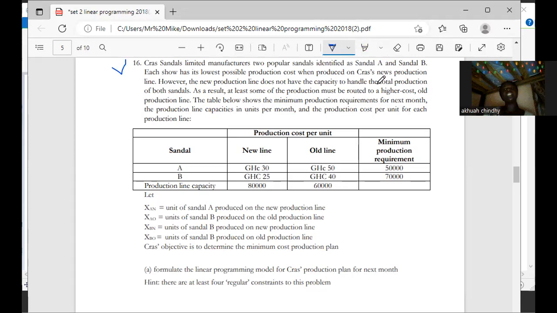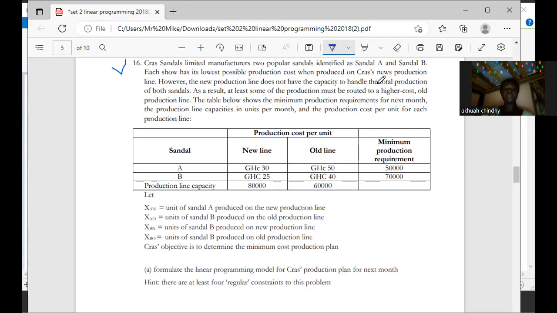So with this Craft Sandals Limited, they are into the production of sandals. I don't know the brand names, but let's say sandal A and sandal B are given in the question. And then they are dealing with costs. So their focus is on how to make the lowest cost, not to make the highest profit. So reducing cost, that's the focus here. So each shoe has its lowest possible production cost when produced on Craft's new production line. So they've adopted a new production line. Say they brought in new machinery, and then when you use that machinery, you can produce the sandal at